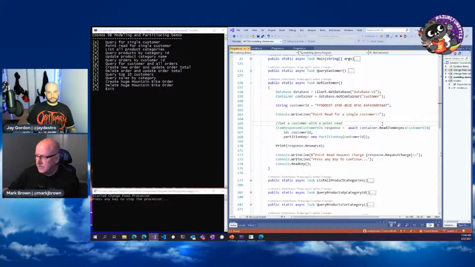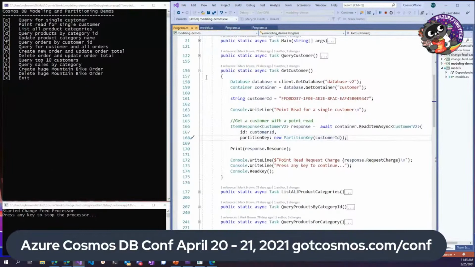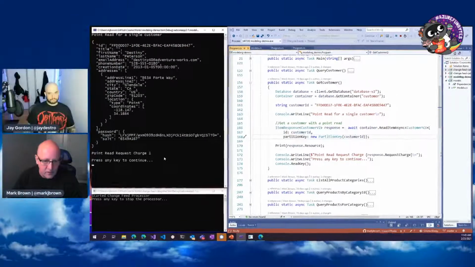This is essentially the most efficient way you can read data from Cosmos DB. If you're looking up a single record and you know the partition key and the ID for the value, use a point read instead. Let me show you. If I do a point read here, it's the same data, but the request charge is always going to be 1. In fact, for any data that's a kilobyte or less, your RU cost is always going to be 1.